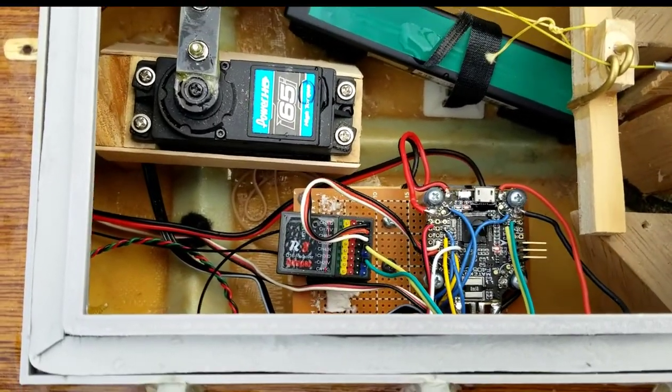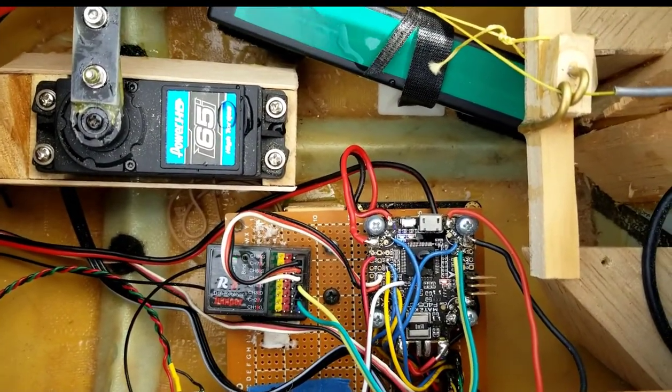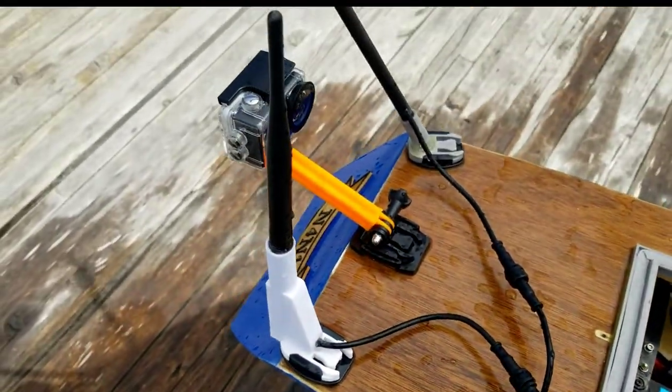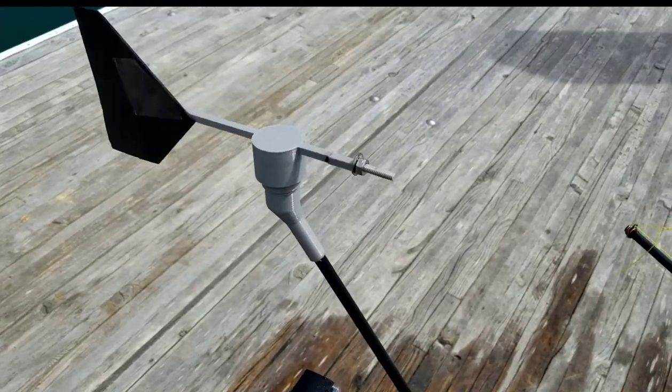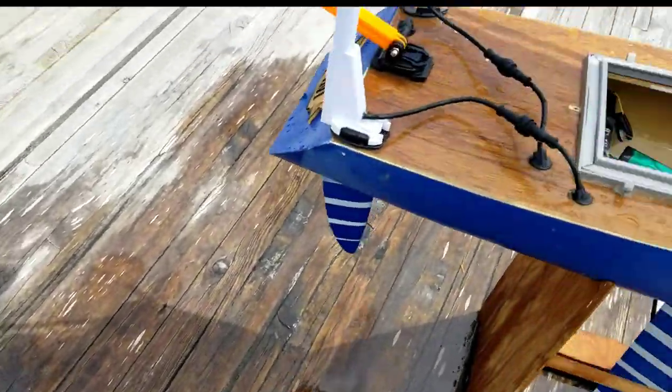There's an RC receiver and a... Telemetry lost. Computer. Too close, so I'm saturating. Telemetry recovered. There's the telemetry right here, that radio. There's the GPS, wind vane wire right there. Speaking of GPS,